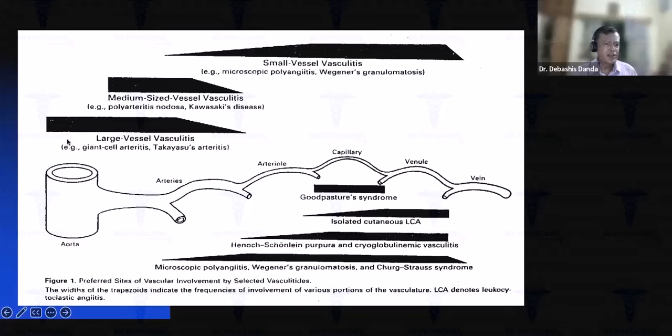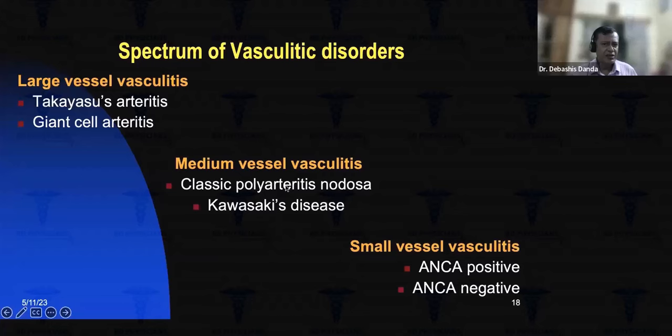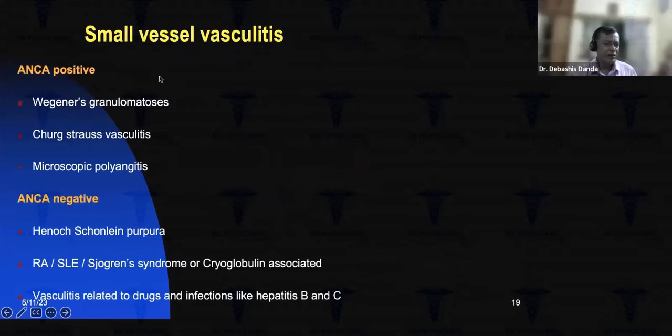This is the extent of involvement of the large vessel. The medium vessel is predominantly this area, and the small vessels are here, which can be again ANCA vasculitis and non-ANCA small vessel vasculitis. So the spectrum of vasculitic disorder, therefore, again, shows GCA and Takayasu are the large vessel, classic PAN and Kawasaki are the medium vessel, and ANCA positive and ANCA negative small vessel vasculitis. ANCA positive includes Wegener's, which is called GPA, Churg-Strauss EGPA, and microscopic polyangiitis. ANCA negative vasculitis include HSP, which is also known as IgA vasculitis, rheumatoid, Sjogren's related SLE or Sjogren's or